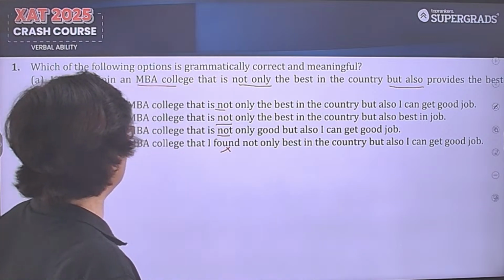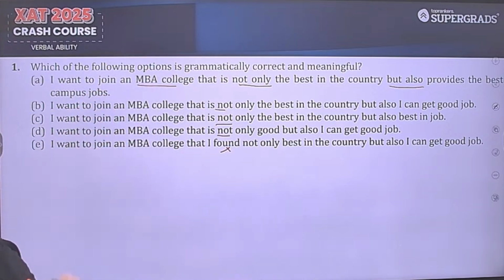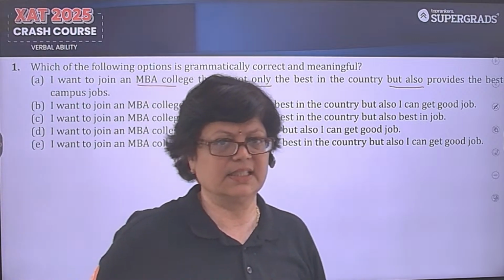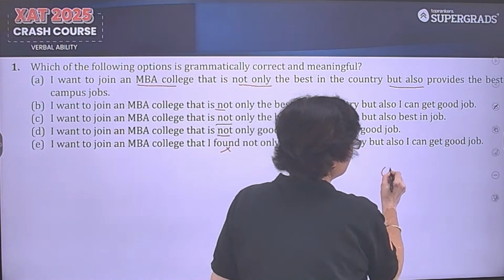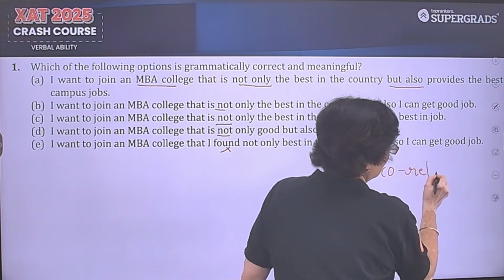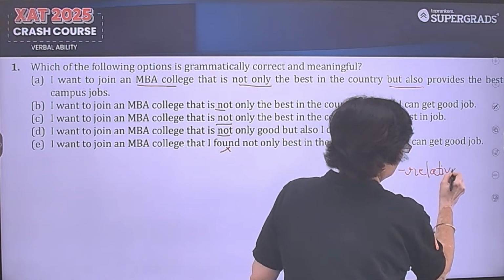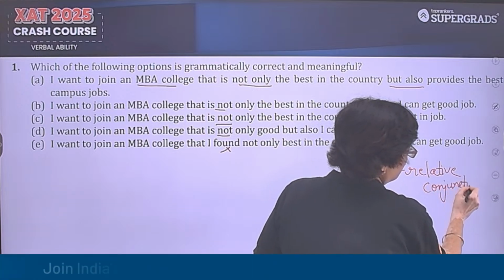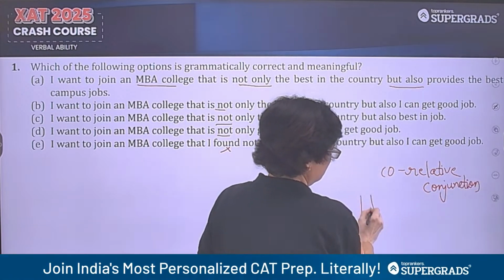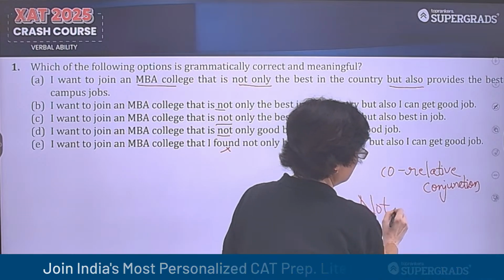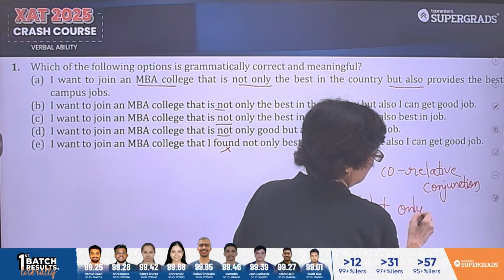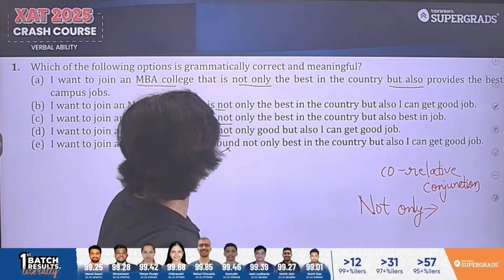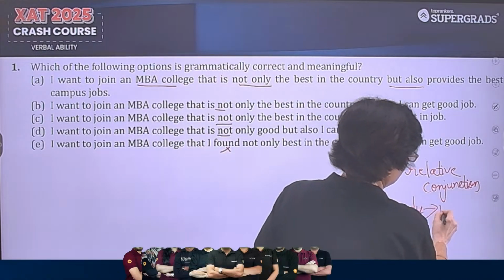Okay. So now what happens is that whenever you are using this kind of correlative conjunction, you have to see that the subject is the same. Whatever subject the conjunction is referring to in the first part, that should continue within the second part as well. So not only is referring here to the MBA college,